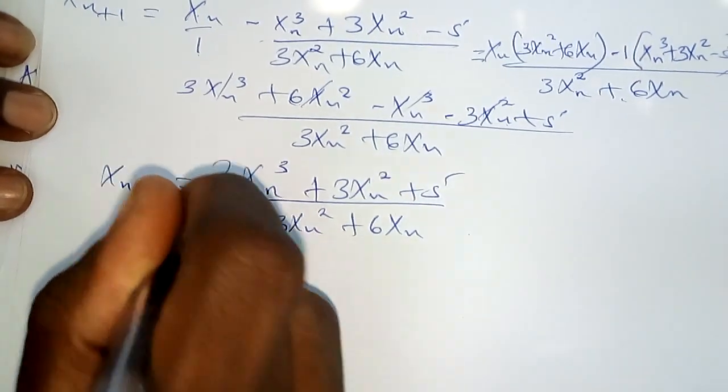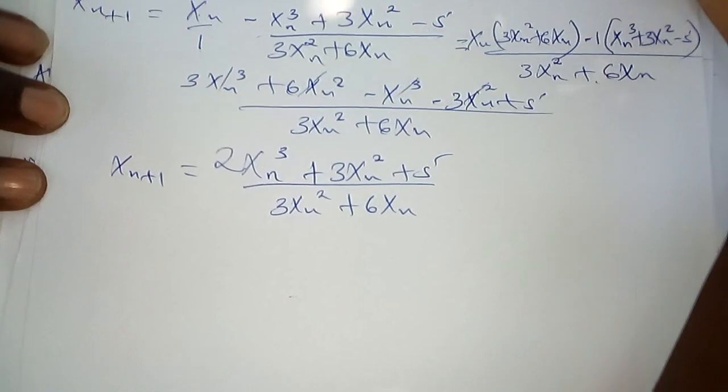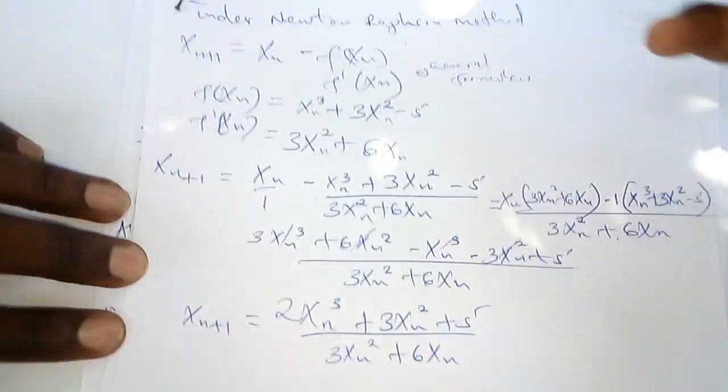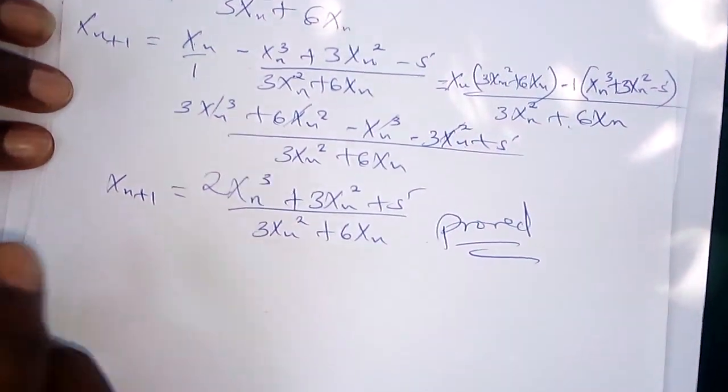Xn plus 1 is equal to that, and it is proved. It is proved from the equation xn is equal to this one. Now it is proved. Now, hence,